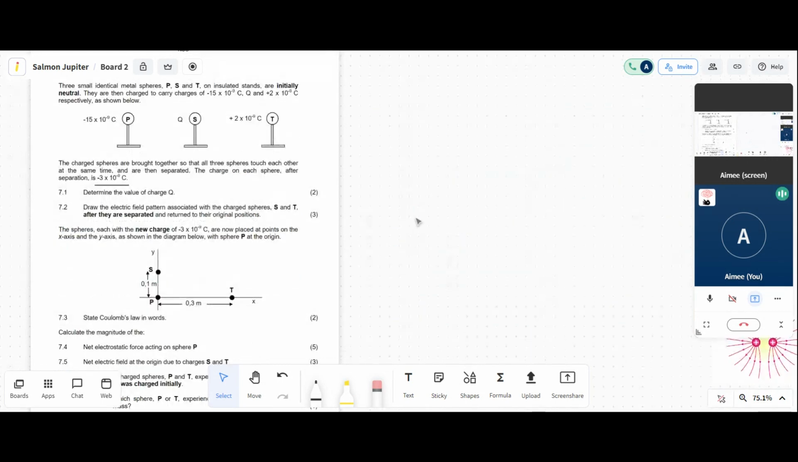So let's have a look at the next question. The next question says, draw the electric field pattern associated with the charged spheres S and T after they are separated and are returned to their original positions. Okay, so